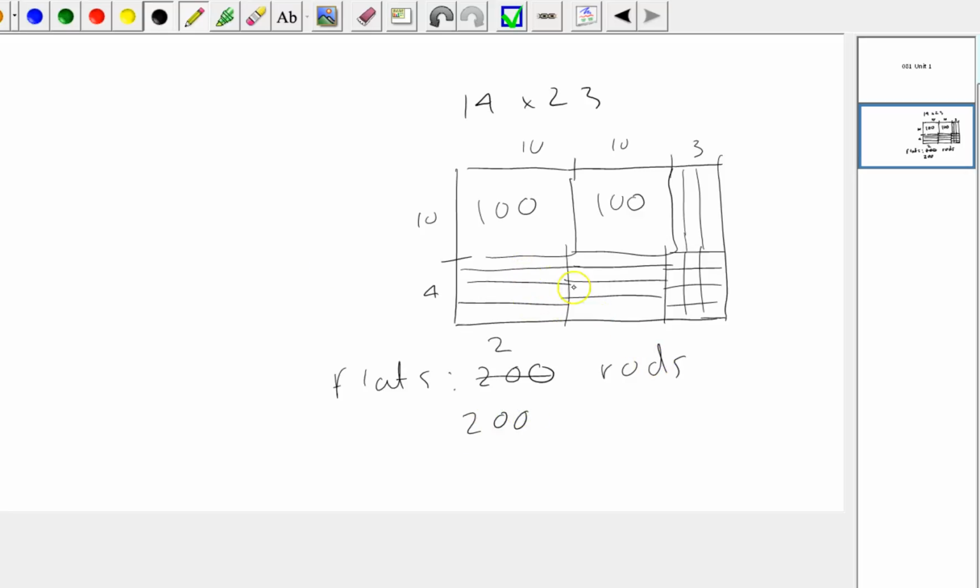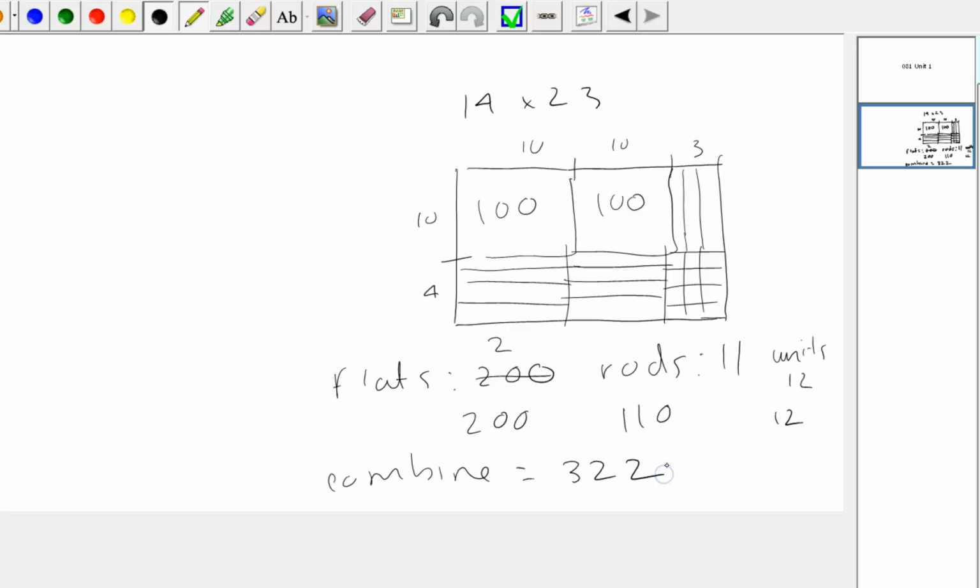The rods, there'd be 4, 4, and 3, so there'd be 11 rods, which we'd have them write as 110. And then the units, there'd be 12, which is 12, and then have them combine all of these to get